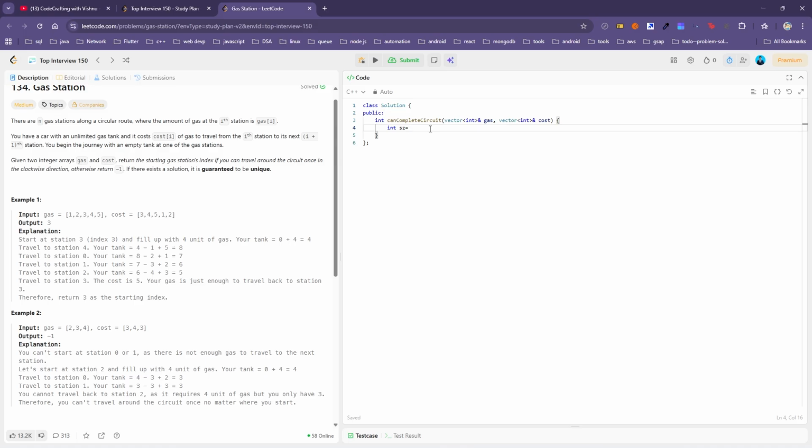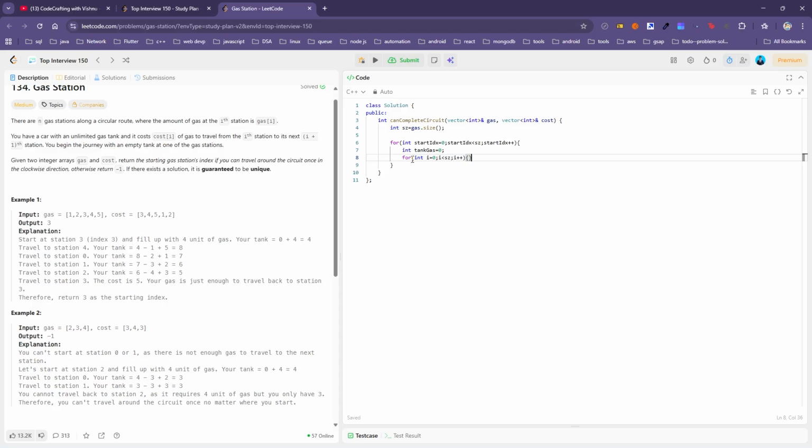So first we have the size of the array. Both the gas and cost arrays will have the same size, so we'll take the size from gas. So for int startIndex is 0, startIndex less than sz, startIndex plus plus. Now we'll start with a tank gas of 0. Now we will check that at this start index, can we reach the same index after traversing the whole array. Okay, so for int i is 0, i less than sz,